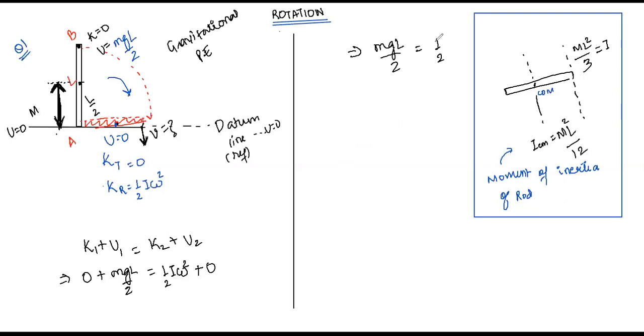Now, so we have half. I'm writing this. I think Mahila has given the answer quite long back. Let's see if her answer is correct. So we have mgL by 2 is equal to half. What should we write instead of I, Atul? mL square by 3? Pakka? No, mL square by 12. Why? Because